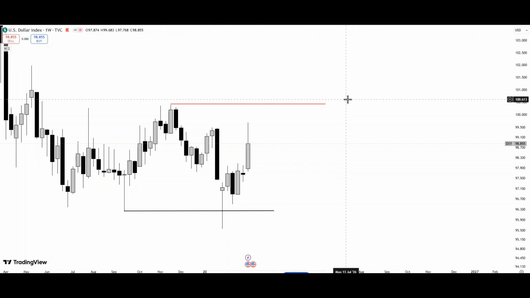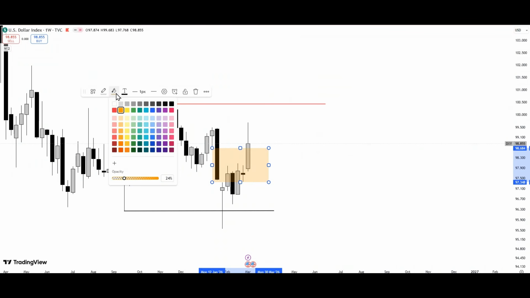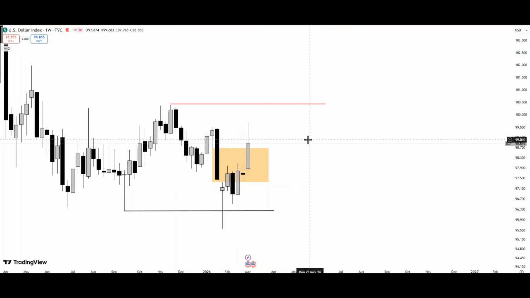I do this weekly Outlook every Sunday, focusing on analyzing the market using ICT concepts. So as usual, we're going to start with DXY. And for those people who have been following me for some time, you know very well, we have been waiting for this bearish fair value gap to be inverted, and you can see finally price has inverted it, and this is nice. Now this confirms that we are likely to see more bullish dollar.